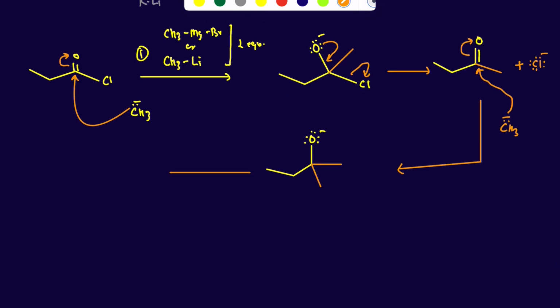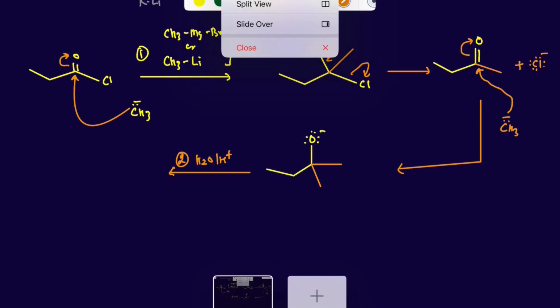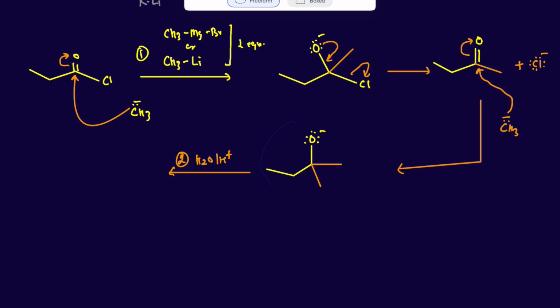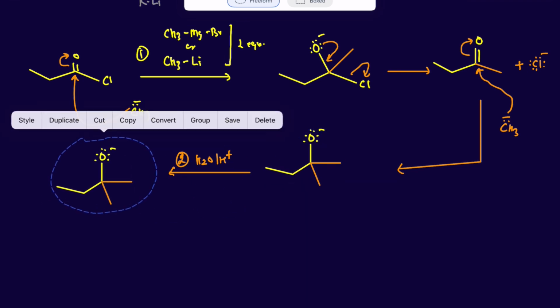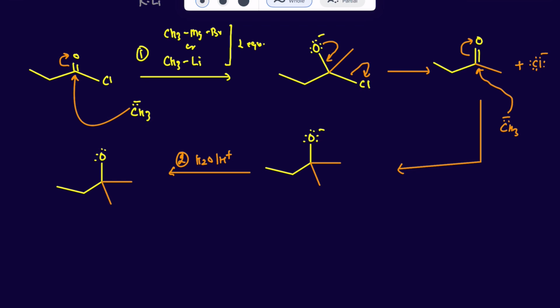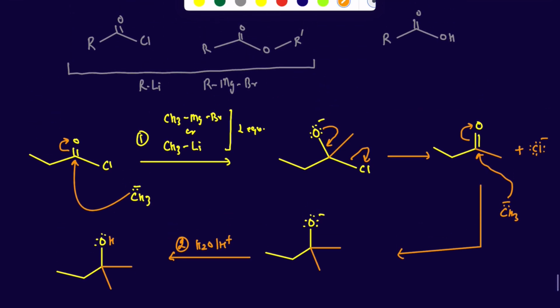And now in the second step here, I want to go ahead and just use dilute acid or just water, since it's just making an alcohol, and I'll just go ahead and protonate this. So just an acid-base reaction at this point, and I'll just go ahead and have this H installed in there. So you will be making an alcohol at the end of the day here, but with